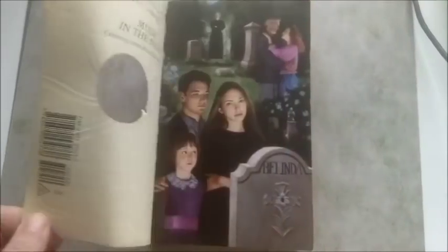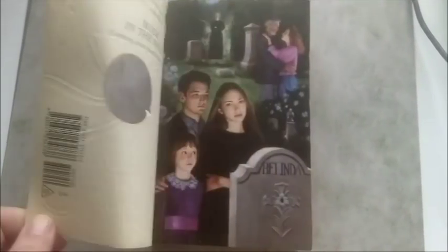This one I think I can date to specific books, and that is all of the old school V.C. Andrews books, and it's peekaboo windows. V.C. Andrews books definitely did it best because they had this little window that just shows like the main character and maybe looking a little haunted or sometimes just normal, and then you open it up and you've got the full scene, which is always very ominous and just